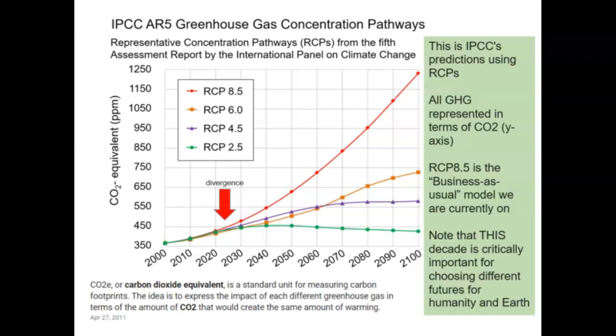The red line, RCP 8.5, shows what's known as the business as usual model. This represents the future atmosphere if we fail to reduce greenhouse gas emissions and continue to emit them at our current rate of increase. That rate, by the way, has been accelerating in recent years when it ideally would be slowing down. The green line represents an optimistic RCP that would have led to only 2 degrees Celsius of warming. Unfortunately, we are diverging from that possible timeline because we're not reducing emissions quickly enough. That said, it's not too early to give up on limiting warming to 2 degrees Celsius. I'll circle back to the importance of this in just a few moments.